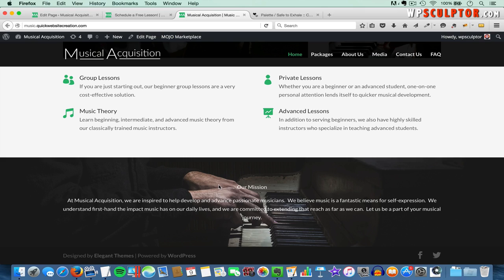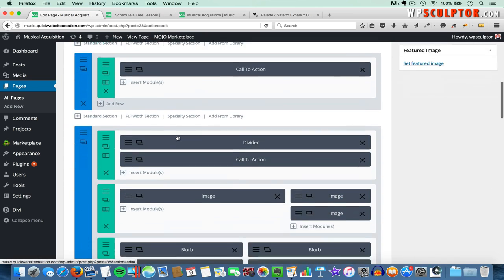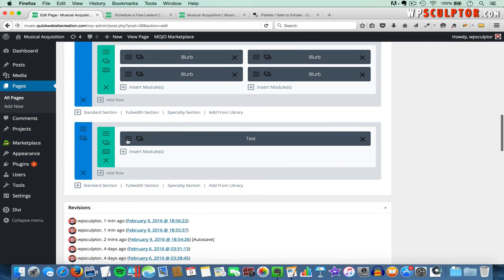Alright, now I want to go back and make the text a little bit larger, and also make it so that there are 3 different lines of text, and you can see we have this last line as just one word. I want the lines of text to be more evenly spaced, so to do that let's go back to the back end. And we'll scroll down, and we're going to click on the Module Settings button for the text module,